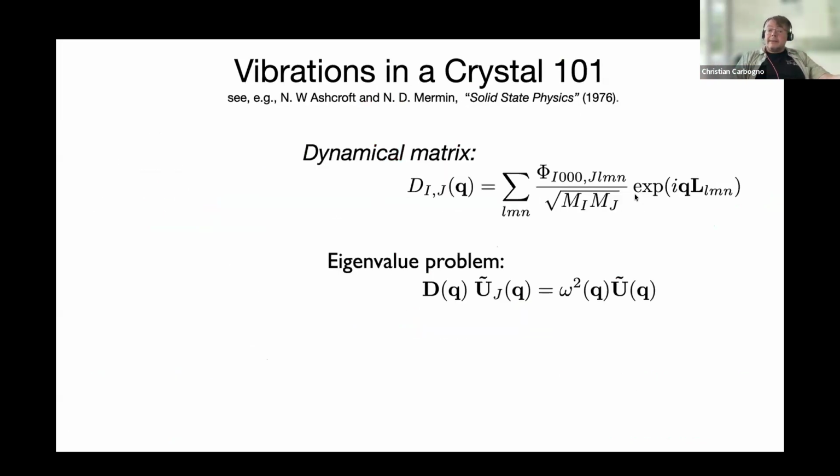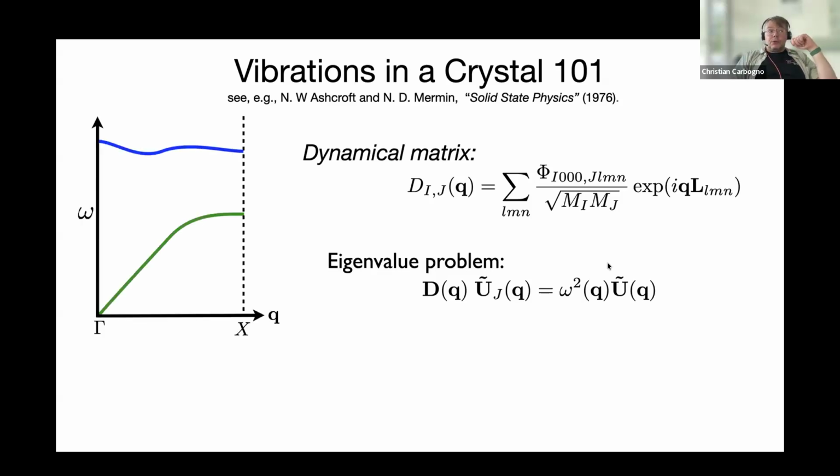So we have this dynamical matrix, we have this eigenvalue problem, and then we get a solution of that. What is the solution? Typically, we plot that as vibrational band structures. Again, conceptually, it is exactly the same as what you did in electronic structure theory. We plot the eigenvalues of this equation as a function of the wave vectors along a certain path. Now, however, we are not dealing with electronic energies anymore. We're dealing with vibrational energy. And let's look at some properties of that are very general.